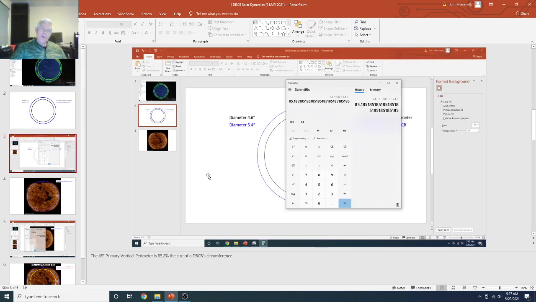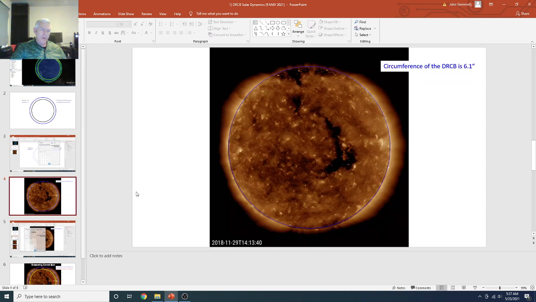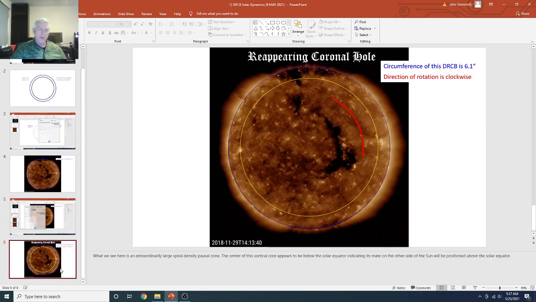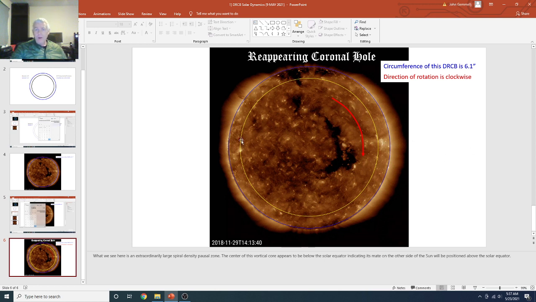And then we go down here and we do the math. Okay, yeah, you're all excited about the math, me too. And then I come down here, the circumference of my sun photograph here in my PPT is 6.1 inch. And then we figure out the math in terms of ratio and so on. Now down here I take my circles and I put them onto the sun. And bam. Lo and behold, that same 45-degree circle at that ratio is right smack on that nice formation of what appears to be a circle on the sun.